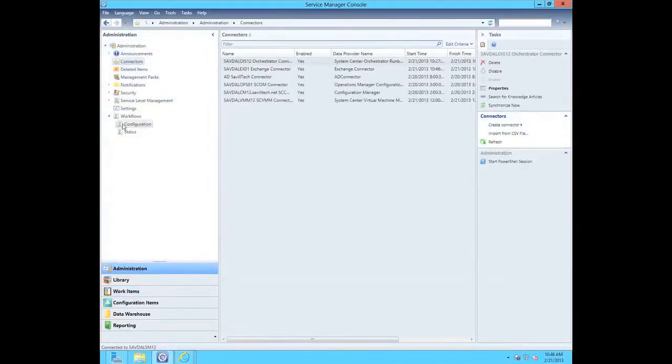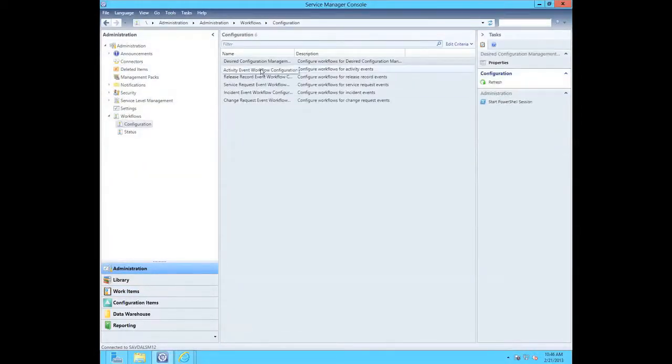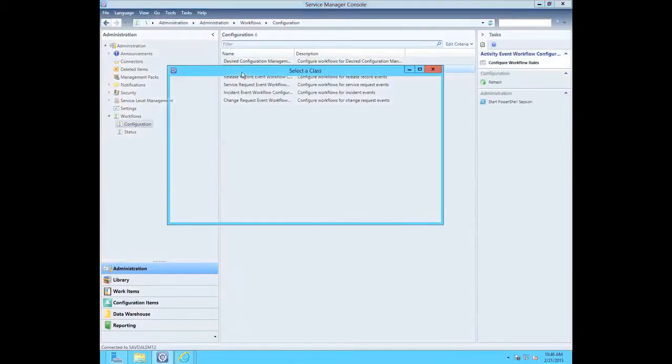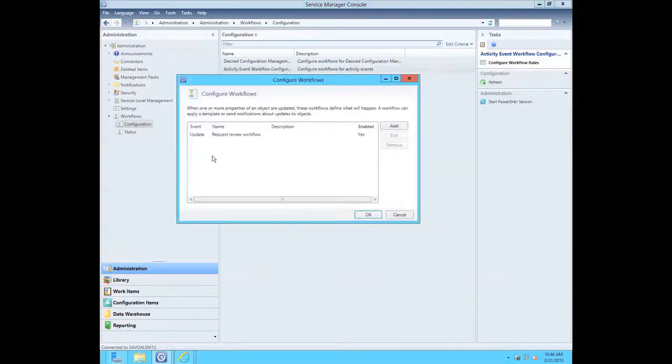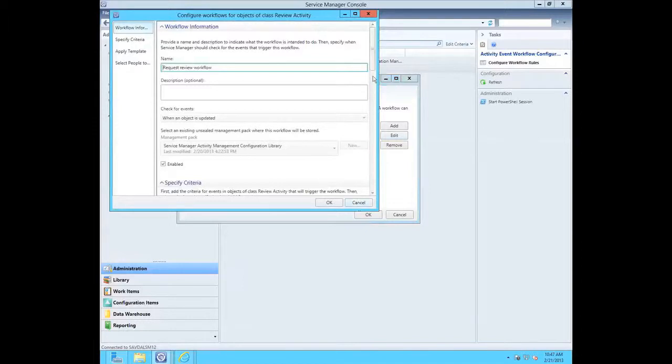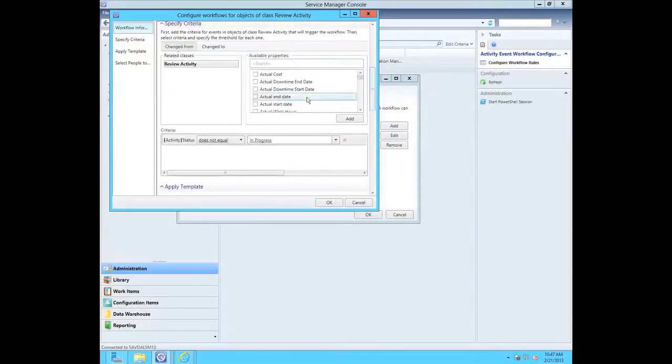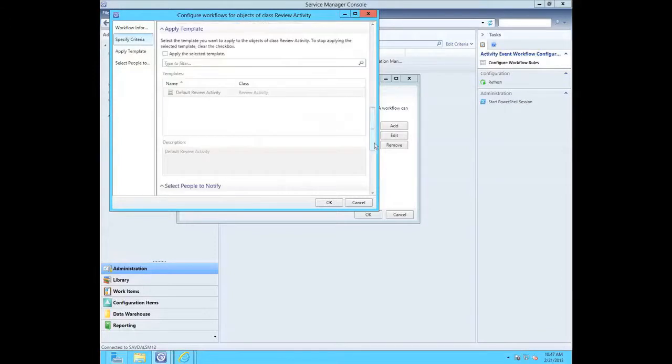Now, I've created a workflow for my activities, for the review activity. And I've basically created it to say, hey, in the event there's an update, run this workflow. So I'll edit that to show you what I did. This is how I get those notifications via email. I created a name, request review workflow, and you need a criteria. So mine says, when the activity status does not equal in progress, and it changes to equals in progress, then